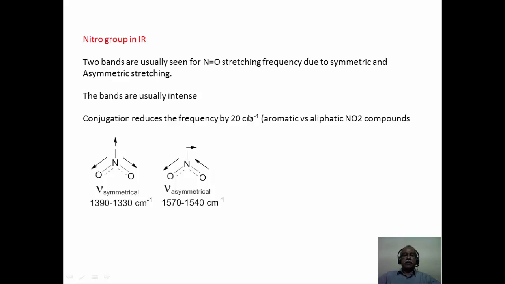Now, the nitro stretching frequency I forgot to mention. The symmetrical stretching frequency can come anywhere between 1390 to 1330. The asymmetrical stretching frequency can come anywhere between 1570 to 1540. In fact, it is easy to remember 1535 and 1350 as the base values one can take for the nitro compounds. The two digits are simply inverted in the case of the two frequencies,